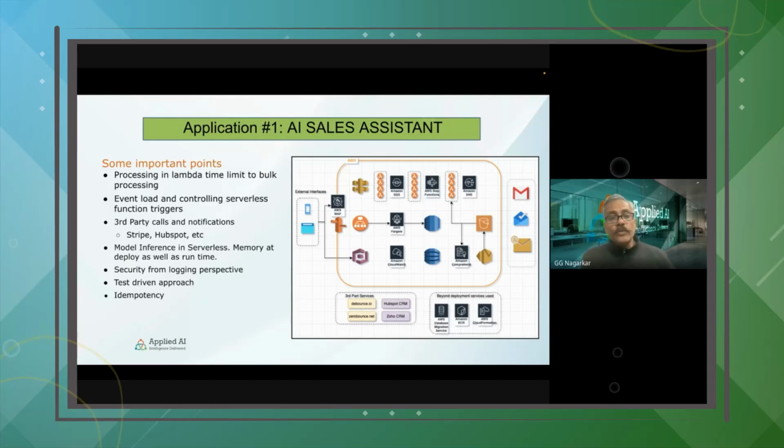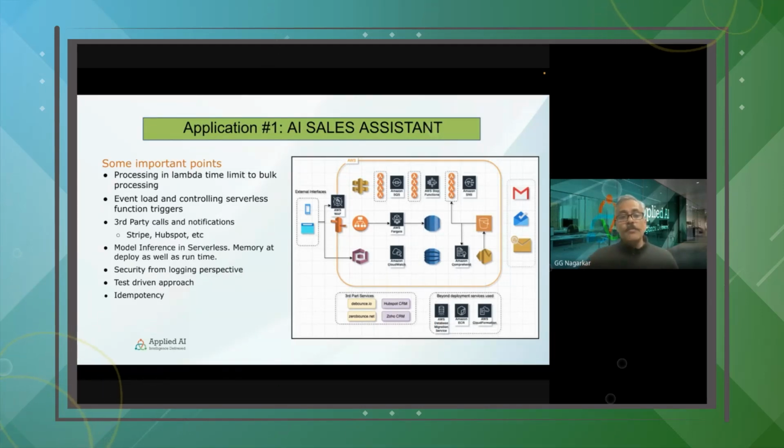So yeah, those were some of the important points. I'm not going to read through some of the services that were used, but you could view them and very clearly see them. Some of those third parties were also very important for us, be it HubSpot or Zoho or any other thing that we're using, where receiving a notification from this third party is one angle,